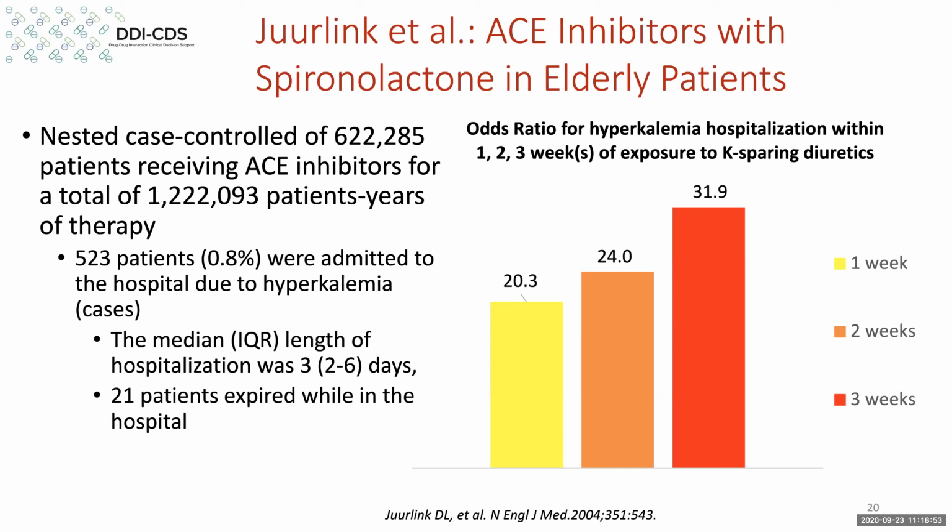Now, when they looked at the patients who were receiving K-sparing diuretics, either 1, 2, or 3 weeks after exposure to the diuretic, these are the odds ratios for being hospitalized for hyperkalemia compared to those patients who were not getting K-sparing diuretics. And you can see these are pretty big numbers. And for a lot of us, we're used to seeing odds ratios of 2 or 3 or 4 and getting pretty excited. These are really big numbers. So that, there's clearly a marker here for something going on. So if we go on to the next slide,